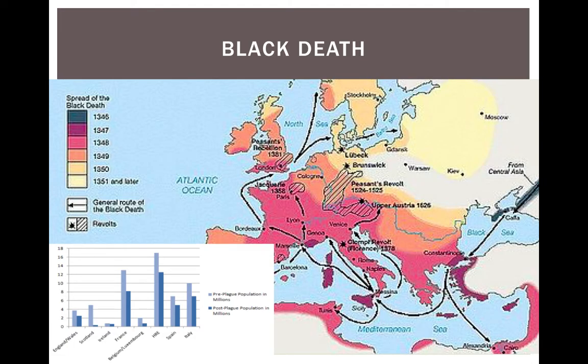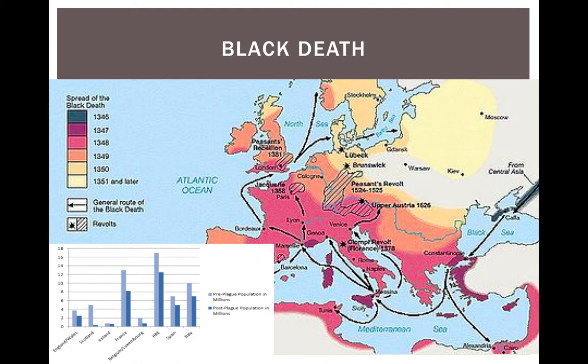And the last major thing we'll take a look at here is the Black Death. The Black Death is the bubonic plague that comes into Europe, and it knocks out about 60% of the population. As you can see in the chart there, how drastically it drops off from before the plague to after the plague, with some areas losing huge, huge amounts. Some cities in Italy will lose close to 90% of their population.